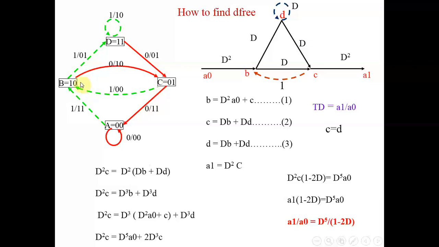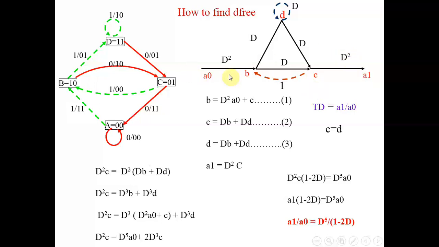Now when you go from C to B, you don't get any ones, so it is just indicated by a feedback loop, and the output is 0 0, right? Whenever I have a 1, I represent that with D. This one indicates that there are no ones present in this particular loop. So when I go from C to B, there is no 1, my output is 0 0, so it is just a connection from C to B, indicated by 1. And when I go from C back to A, my output is 1 1, so again I am getting 2 ones, so from C back to A it is D square.